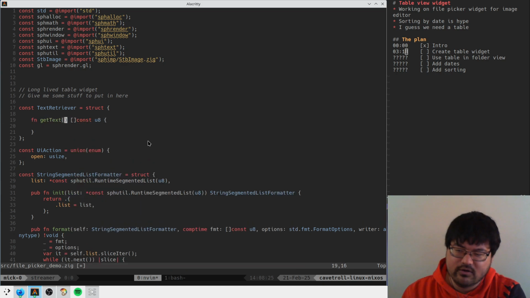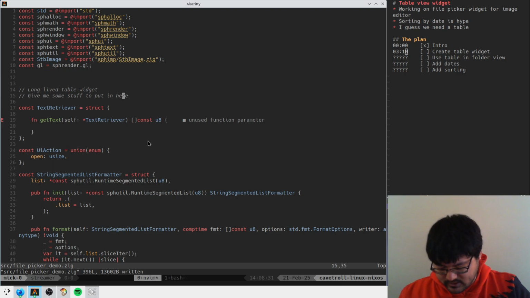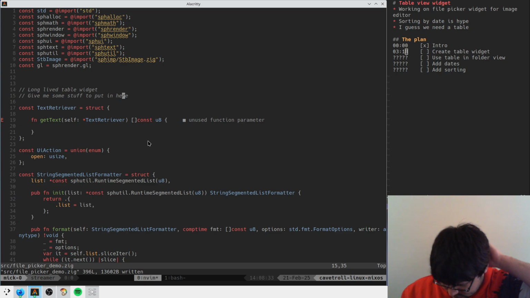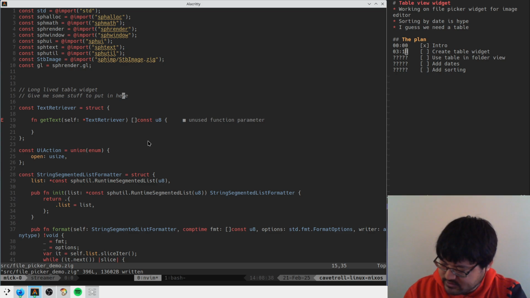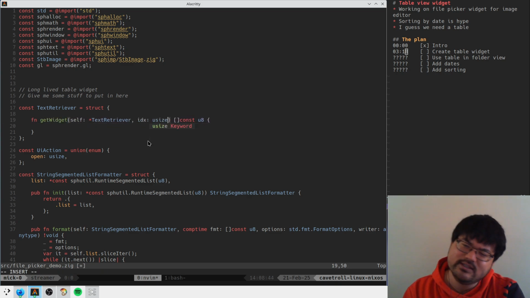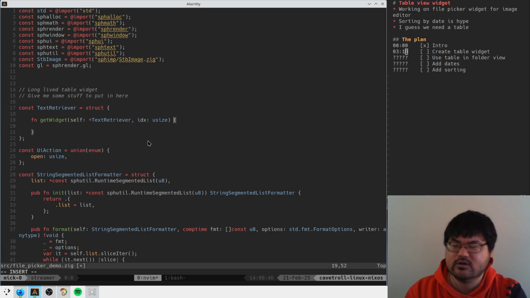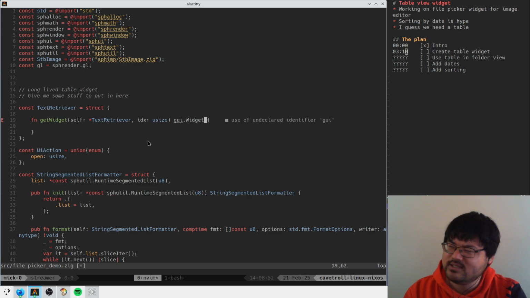Something like this, right? Whatever. I don't really know if our table is supposed to be this generic container that can support any amount of changing stuff. I almost wonder if "get widget at this index" makes sense, where it returns a GUI widget abstract thing. That might make sense. It depends on if